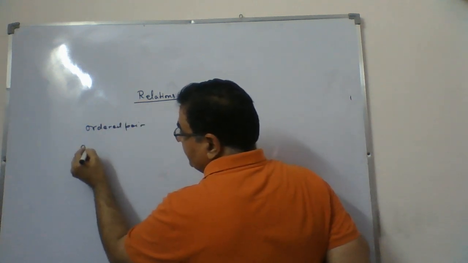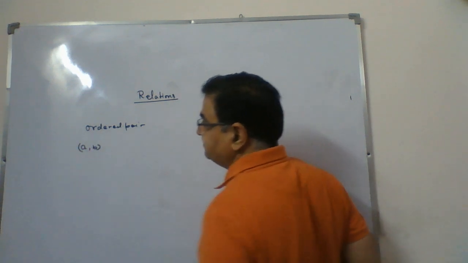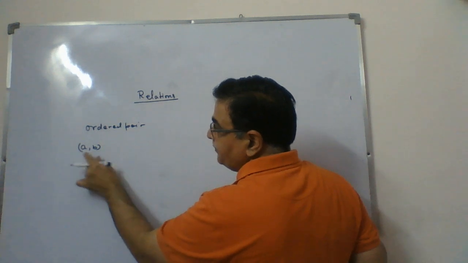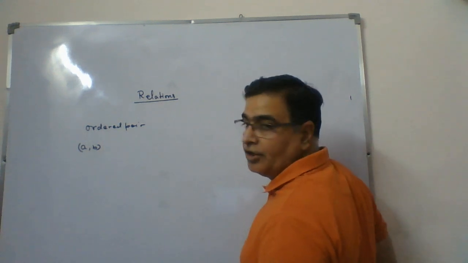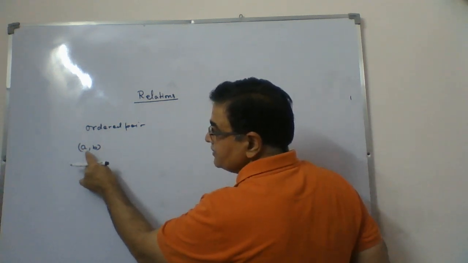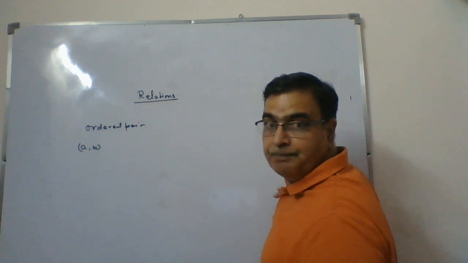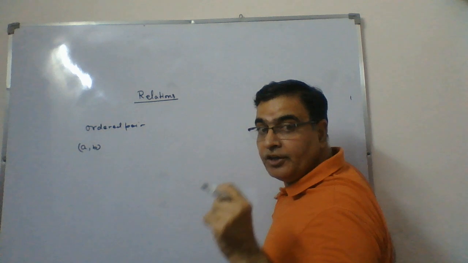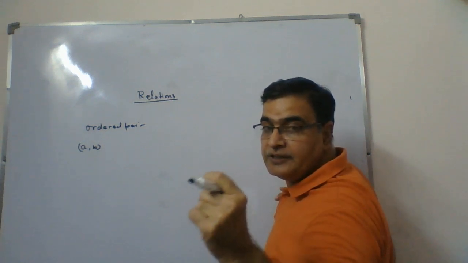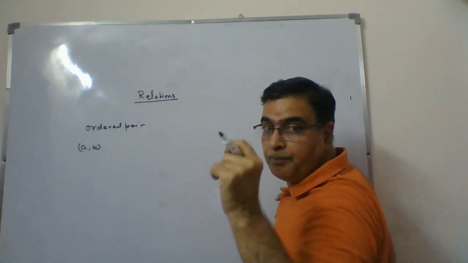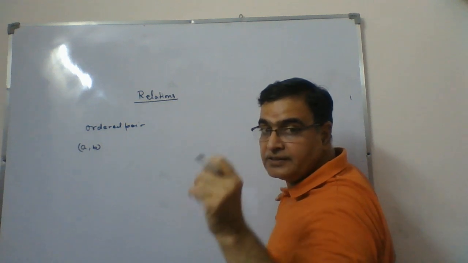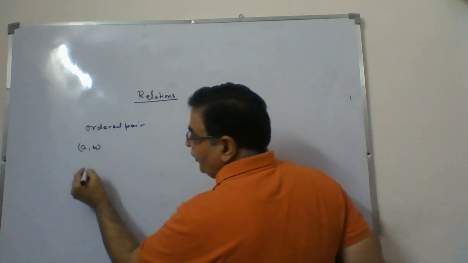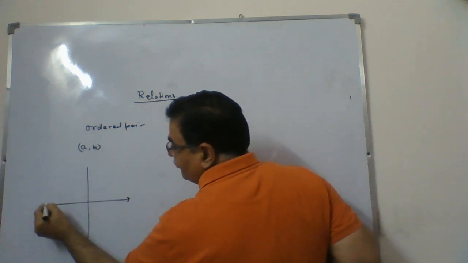For example, I say it is A comma B. This pair of elements is called an ordered pair, in which A is the first element and B is the second element. Why do we call this an ordered pair? Because here order is very important. You are not taking simply any two elements. You are taking a pair of elements in which there is a specification for the first element and the second element. For example, if I just take the graph,